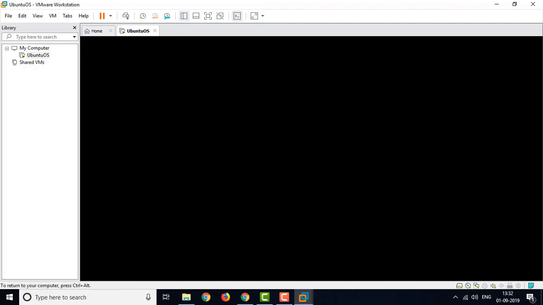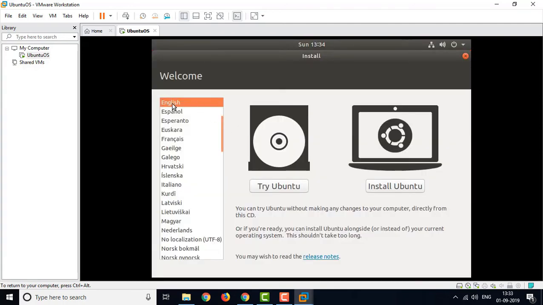Now the step is to install the operating system. So there will be some steps. Here you will get two options. One is that the language is selected; you can change your language based on your location. And here you will get two options: one is Try Ubuntu and one is Install Ubuntu. For now, I am not going to try this because I have already used Ubuntu, so I will prefer Install Ubuntu.